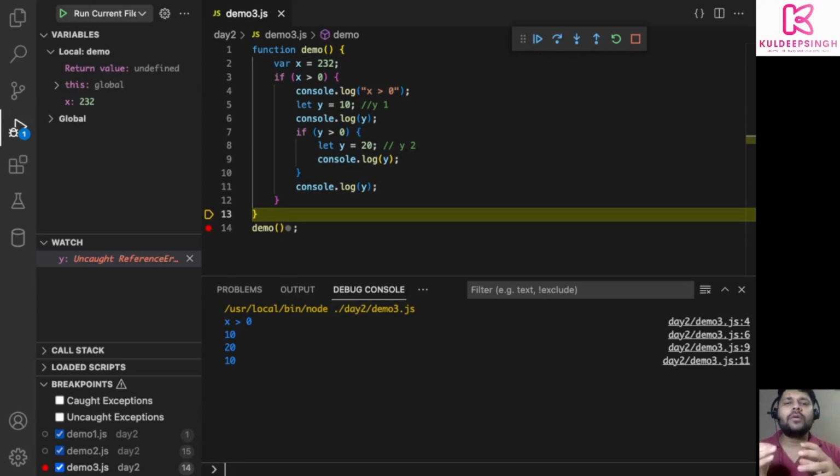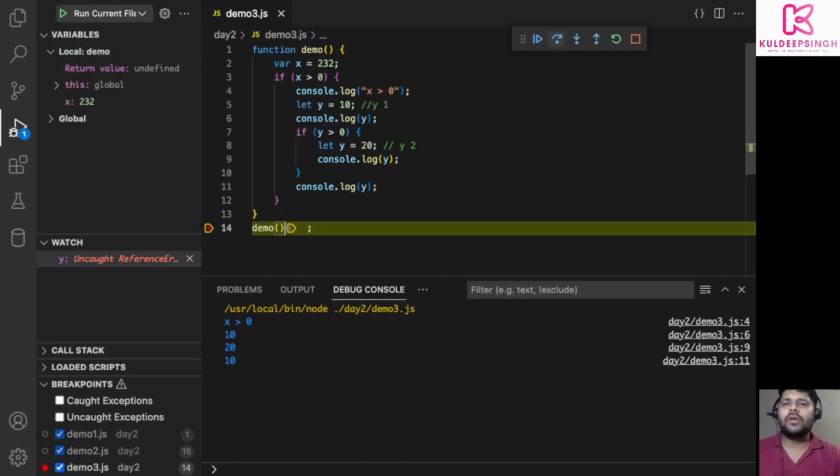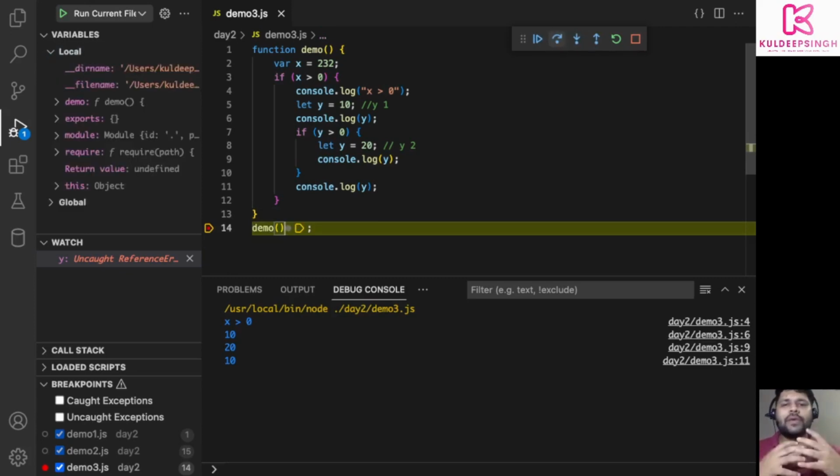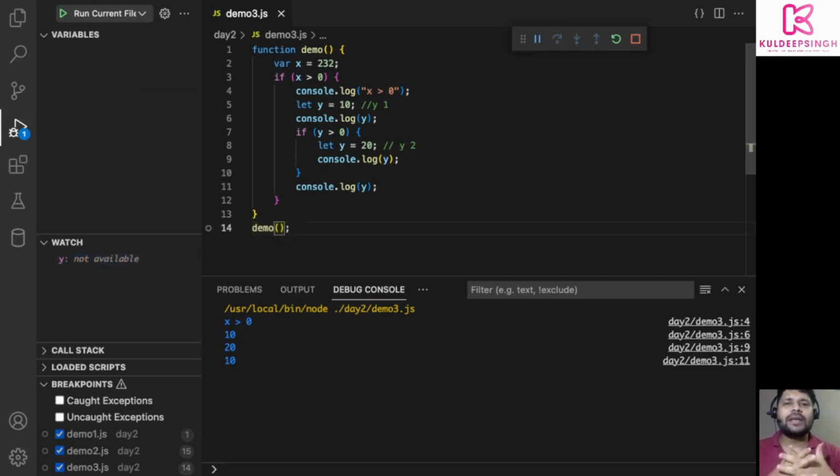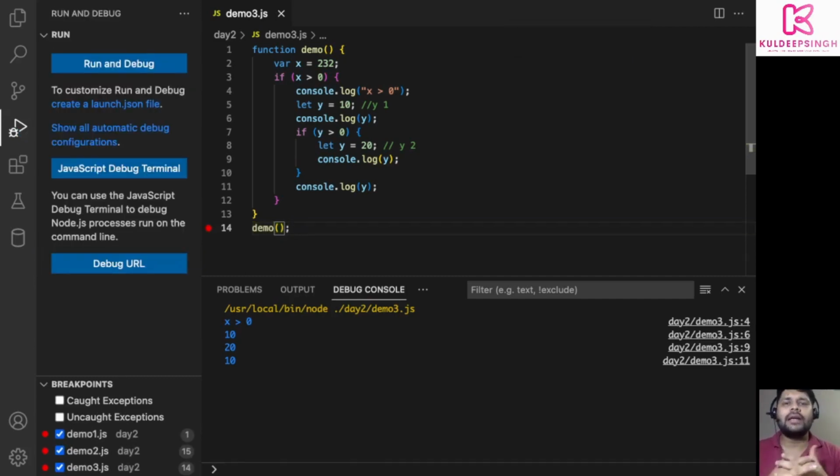There's no need to have the variable y there. So when I try to get this thing, friends, you can see now again I have local scope for the demo function. There's nothing like any block scope required. That's what I need to see. So when I execute the next line, friends, I am good to go. There's no local scope remaining for the demo function as well. That is fully done. The function is returning something undefined. I'm good to go. I hope friends this makes sense to understand let and const,